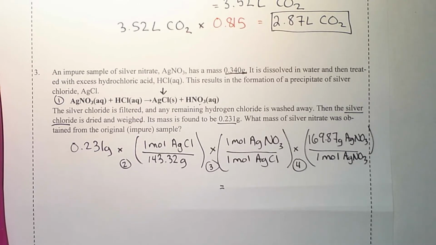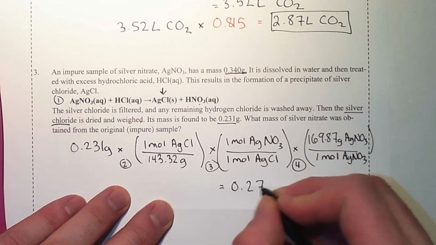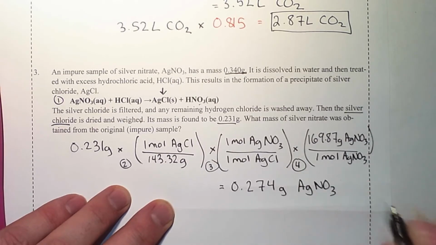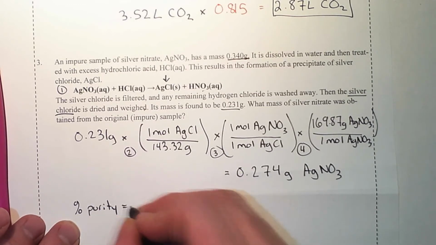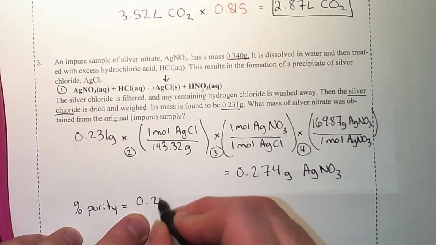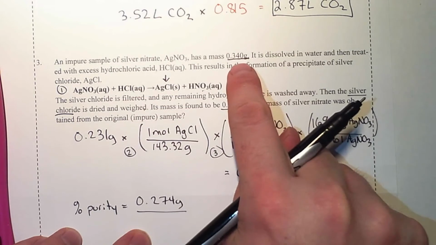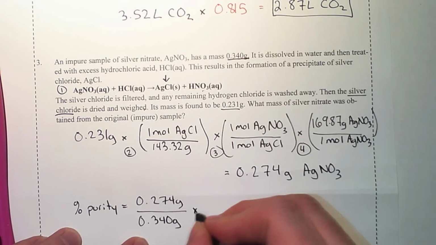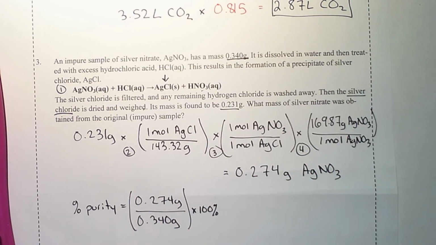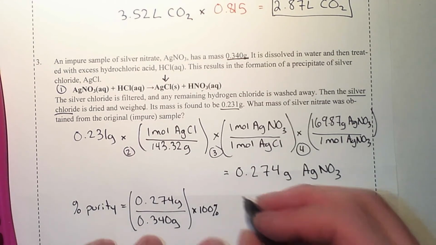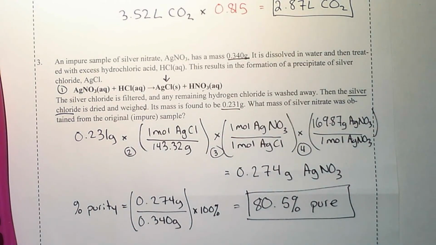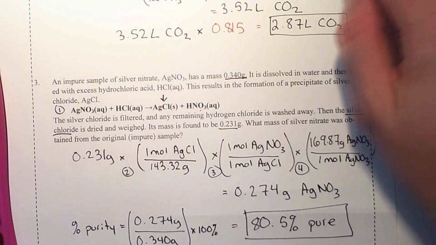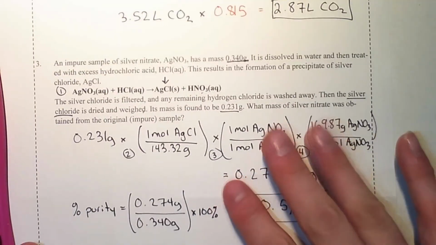So 0.231 divided by 143.32 times 1 over 1 times 169.87 equals 0.274 grams of silver nitrate. So there must have been 0.274 grams of silver nitrate in that sample. Percent purity in this case is going to be equal to 0.274 grams, the mass I actually got, divided by the mass of the sample, times 100. Equals 80.5% pure. And that is essentially the topics that we need to look at with percent yield. The big thing is calculating yields, which we've done a bunch in the labs, but also looking